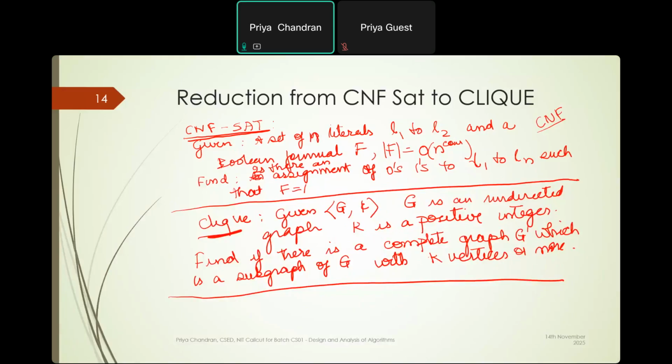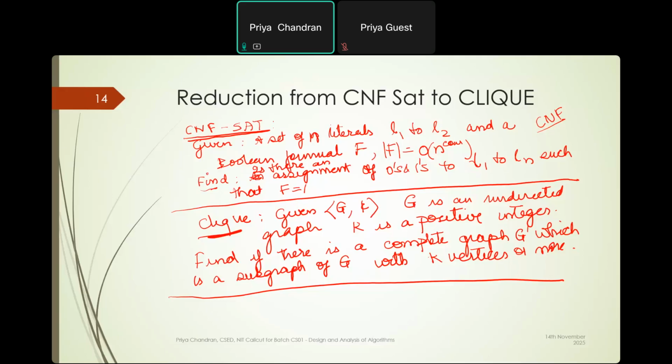And the length of the formula is of the order of n raised to a constant. What we have to determine is whether this input belongs to CNF SAT or not, which means is there an assignment of zeros and ones to L1 to Ln such that